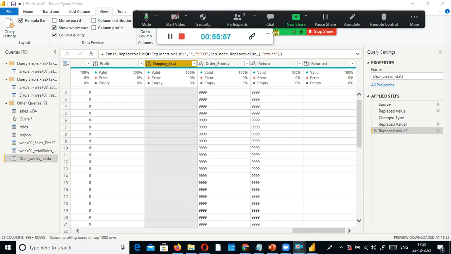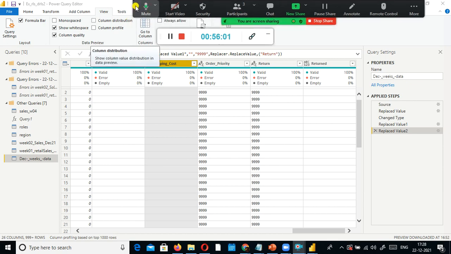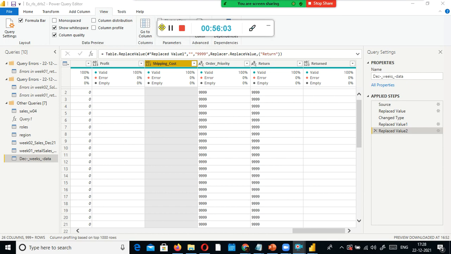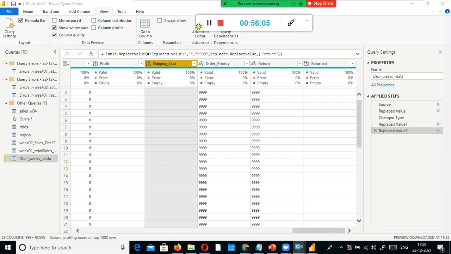Okay, if we discuss yesterday's topic again here, I'll just quickly give a recap. The merge function will merge, for example, a master table and a detail table, like product and sales tables.